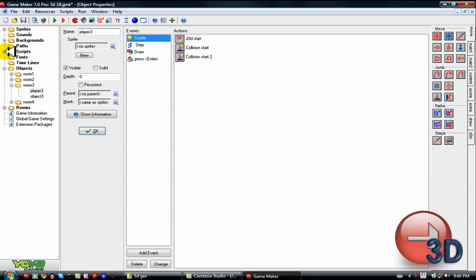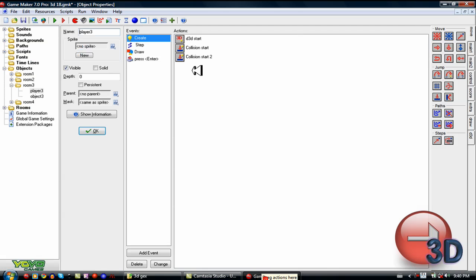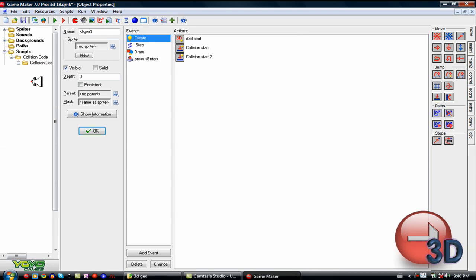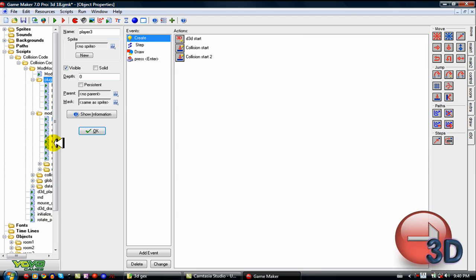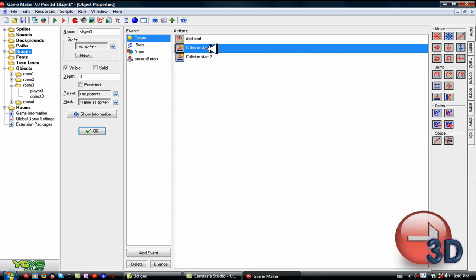For one, you have to merge it with a file called collision code that I'm also going to give you. And then that gives you all of these scripts, which is a lot of scripts, trust me. And it just goes on. Anyway,